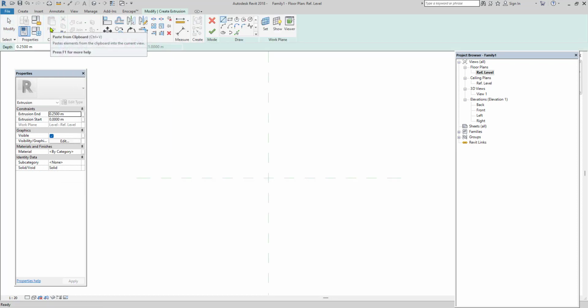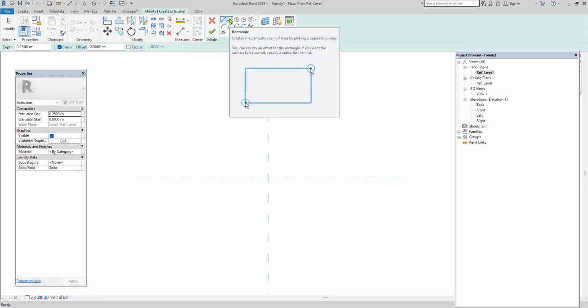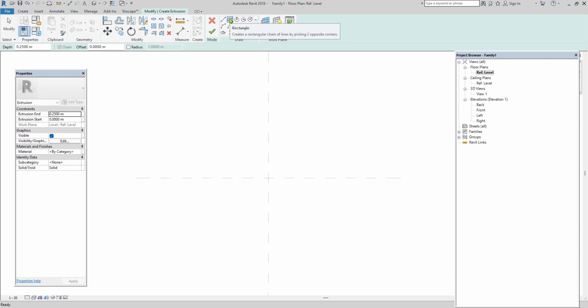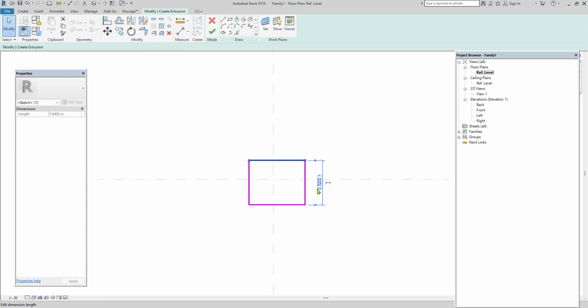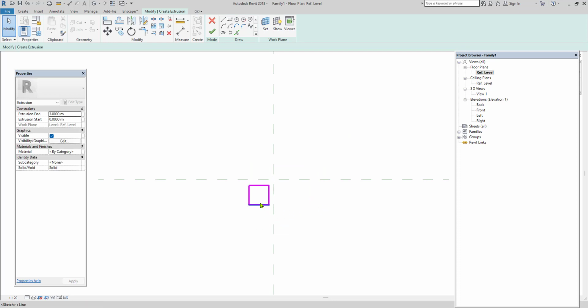I am clicking on the extrusion option. Take the particular shape. Assume that I am just going to create a simple column about 9 inch by 9 inch. For that I am taking a rectangle, and here we have the extrusion start and end. So I should start at 0, and then the column height is 3 meters. You can give 3 meters as the end, and then start the first corner and second corner. Once you have done, you can give the dimensions, that is about 0.23 and then 0.23. Once you are done with the length and width, and we have already given the height of the column, finish it.